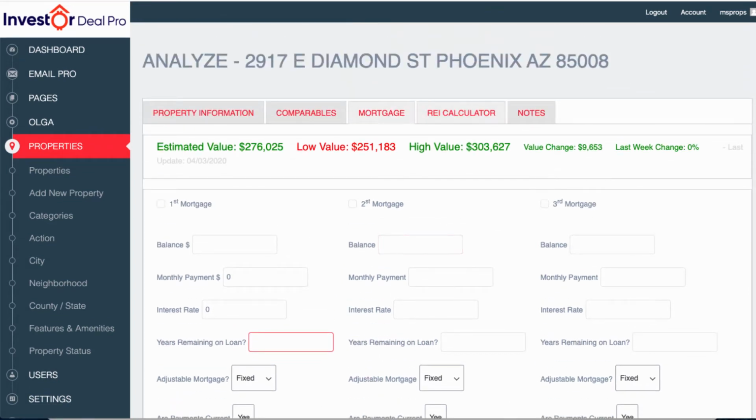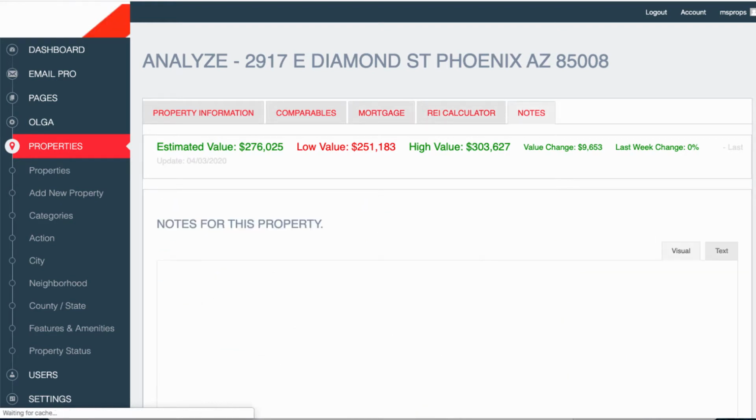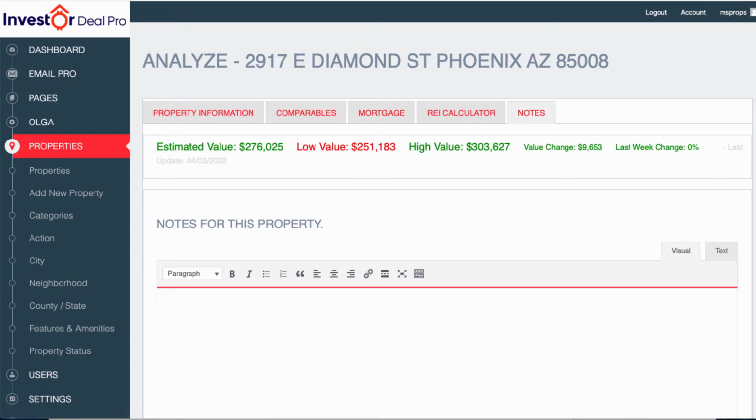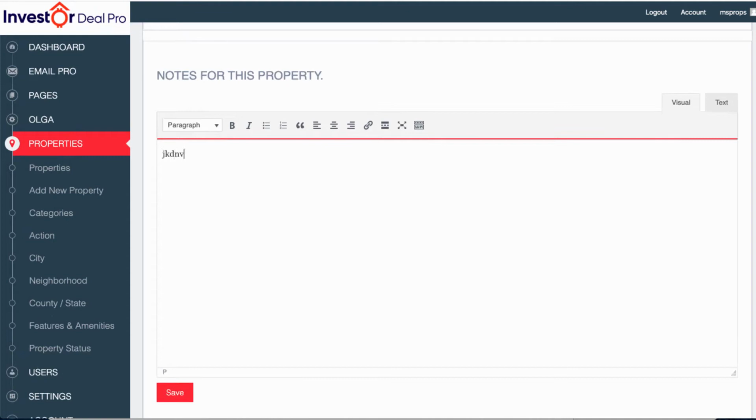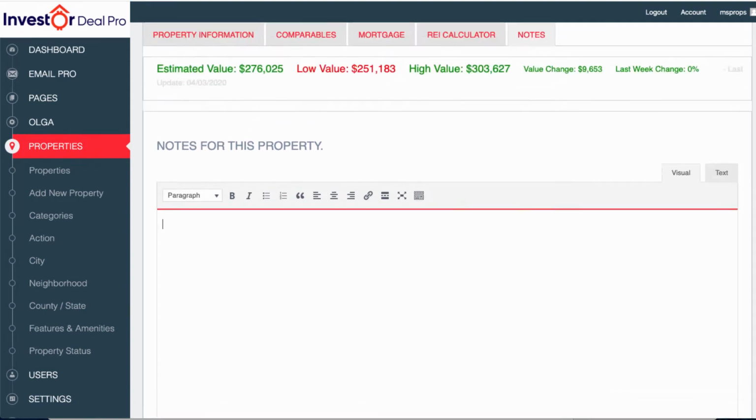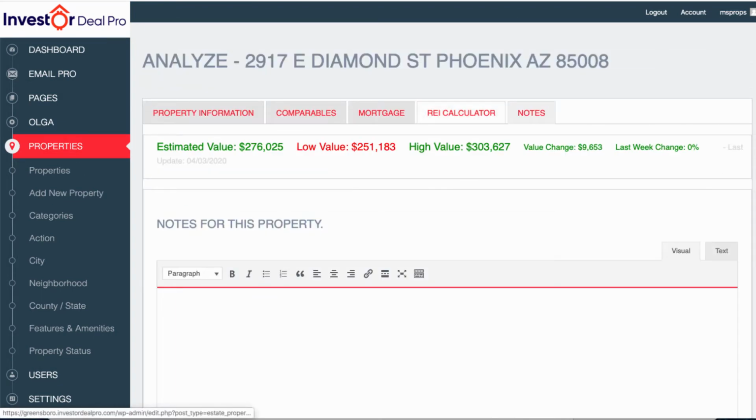And finally, you have the REI Calculator and Notes. We'll talk about the REI Calculator in just a moment, but if you go on the notes, as you're talking to the seller, you can simply add notes into this page. I'm just going to go ahead and delete that. But if you wanted to add anything about the conversation with the seller, you would add that here and click on save. But going back to the REI Calculator,